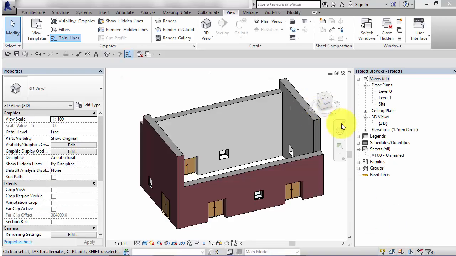On the right hand side of my screen we can see the project browser. The project browser is used to navigate through all the different views contained within your project. So for my example here, I've got a very simple project, 4 walls, a few doors and a few windows in it. So if, for example, I would like to see a floor plan of this particular project,